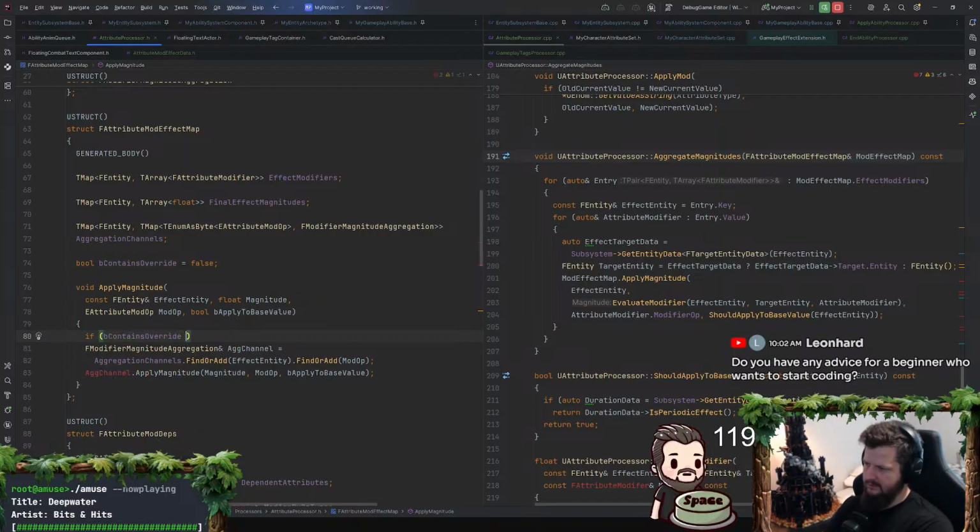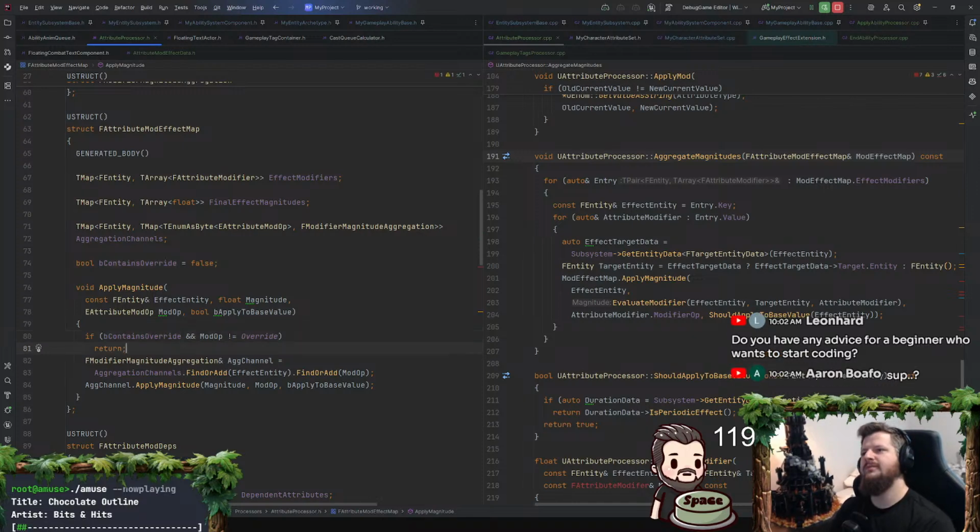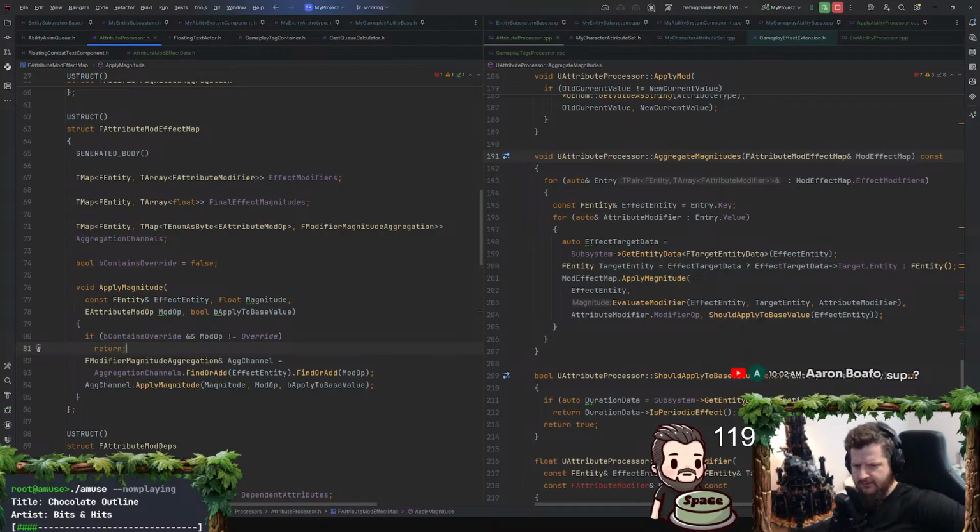If it contains an override and it's not equal to override, return. What about multiple overrides? That would require an effect to have multiple overrides on the same attribute. That's dumb. You shouldn't do that. What would you expect to happen if you were to do that as a designer? You shouldn't expect anything. That is undefined behavior.